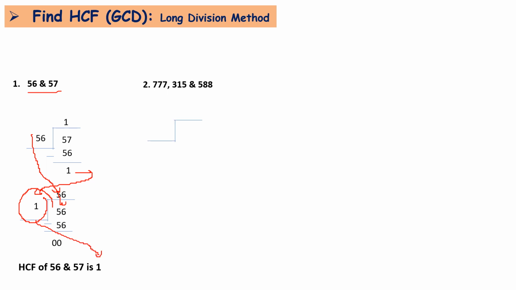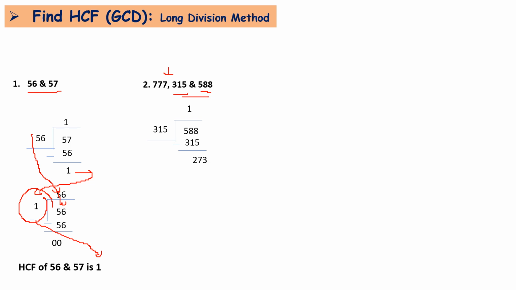Okay, now let's understand better with three numbers: 777, 315 and 588. Here again the smallest number will be the divisor, a greater number will be the dividend. Okay, so this one pair we will consider, then whatever HCF we get here for these two numbers, that becomes the divisor for the largest number. So we'll start with 315 and 588. So here we'll say 315 times 1 is